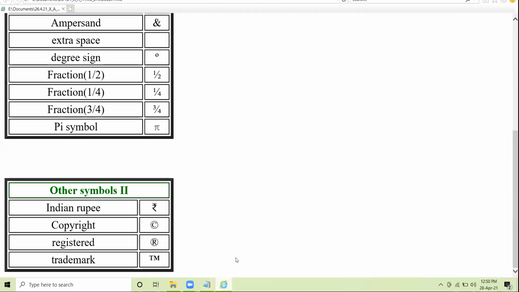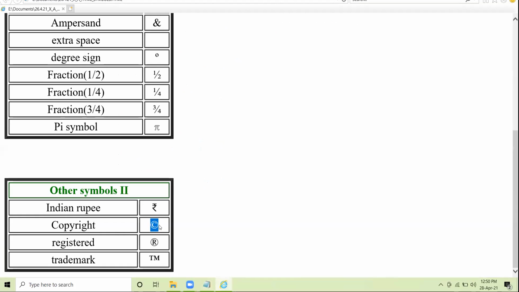This is the symbol. Is the browser view visible? Hasita. Okay. This is the symbol for copyright. This symbol, I told you, came in the year 2017.